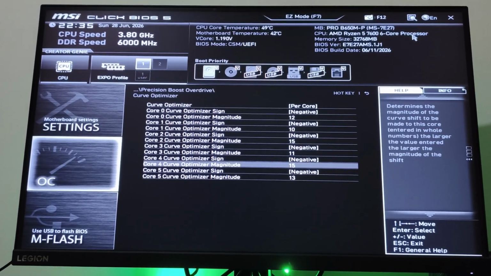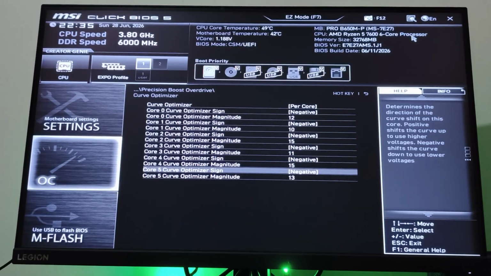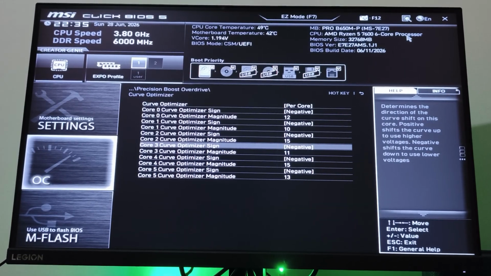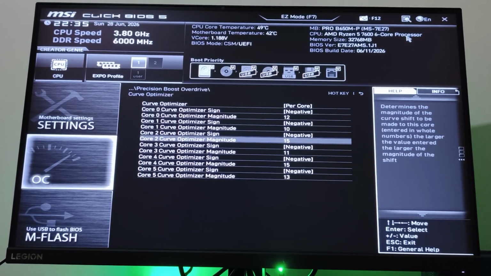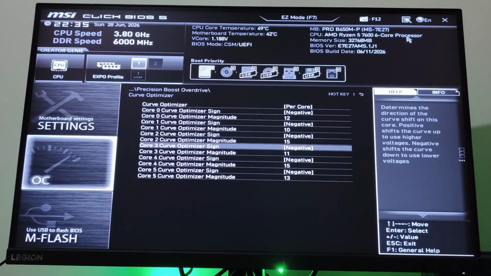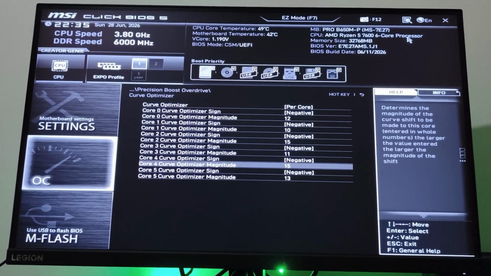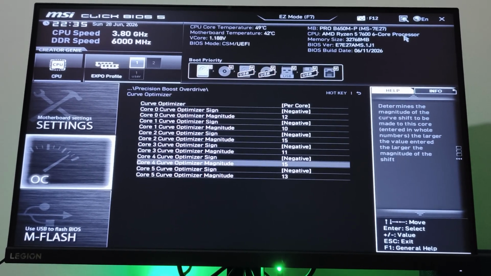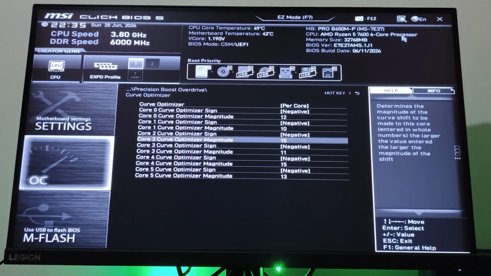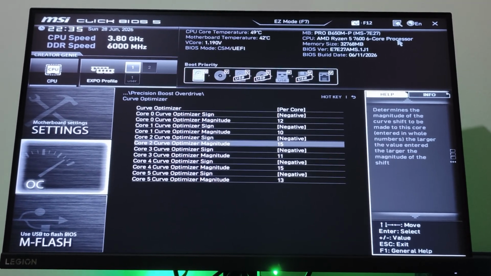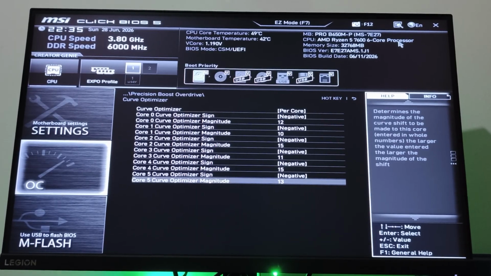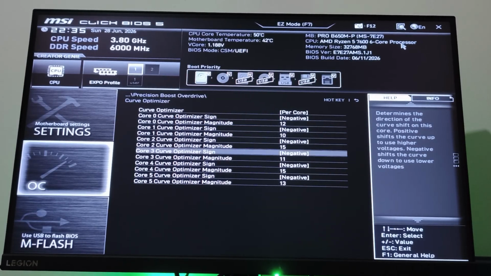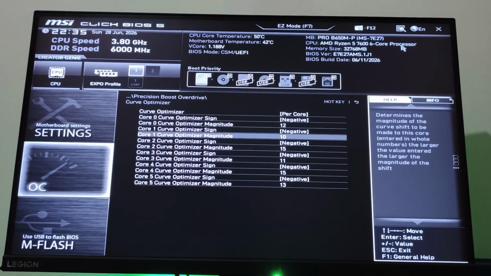So the best score is, I think if I remember correct, was this, and I set the value 15 for this. And then the second best should be actually lower than 15, but I said maybe if these two cores are the best, it can handle the same curve optimizer minus 15 here. So I set the same value for those, and then there is no 14 but 13 for the third core, and then goes 12, 11, and 10 for the worst score. For the worst score,